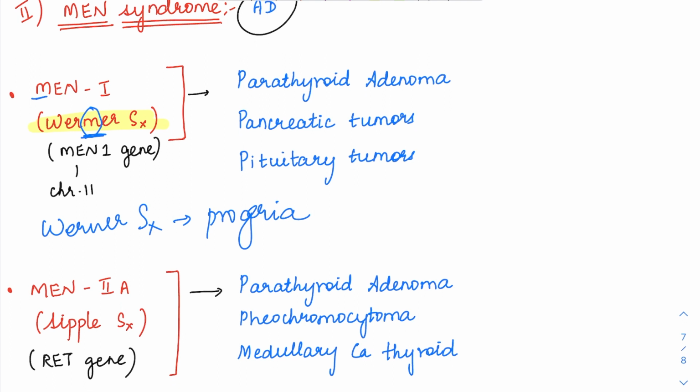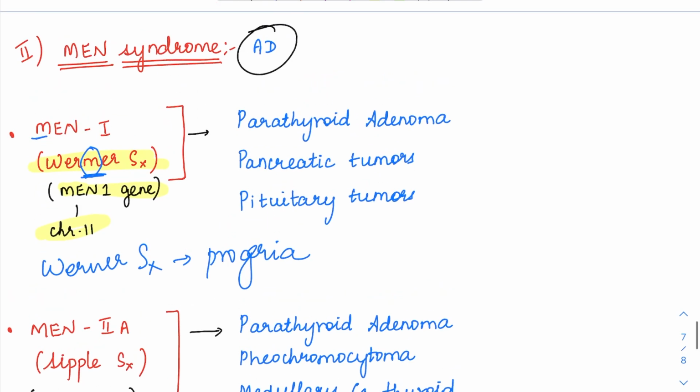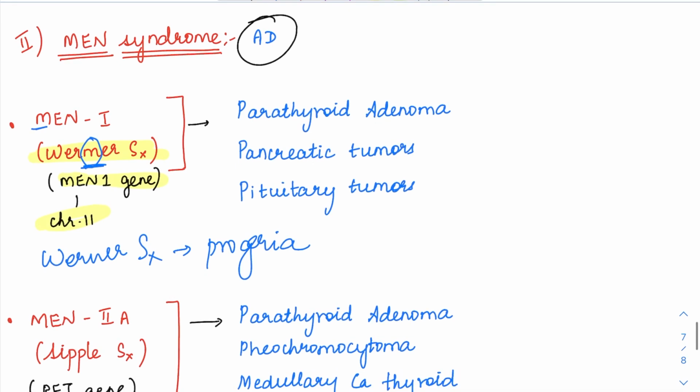And here the gene which is mutated will be the MEN1 gene present on chromosome 11. So where all did we see this chromosome 11? Quite a few, right? WT1 gene was there, WT2 gene was there, which were 11p13 and 11p15 respectively. Other than that, we had the ATM gene also, which was seen in ataxia telangiectasia. That was also from chromosome 11. Here again, we have the MEN1 gene, which is also on chromosome 11 only. They are asking this chromosome number, so you'll have to make a tabular column and learn all these chromosome numbers